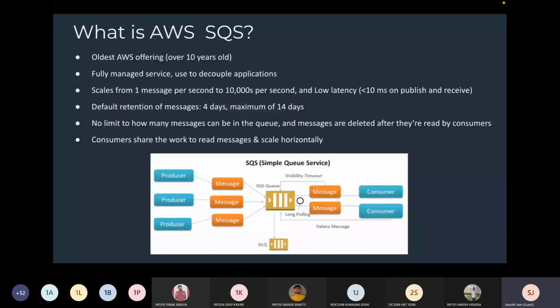The advantage is one thing more, retry. By default, the message from SQS only gets deleted when you choose to delete it, for example when you have successfully processed the message or performed the action. That also ensures, without any complexity, that you can retry. Let's say you're writing a particular row in a database and your database crashed. Technically, you don't even know whether it was successfully written or not. But if you have an SQS, your message is not deleted, so it goes back to the queue and will be picked up again, say by another Lambda